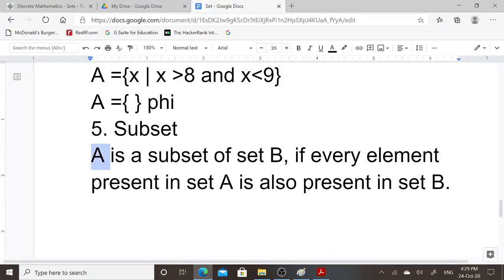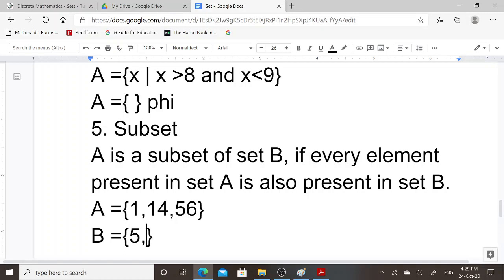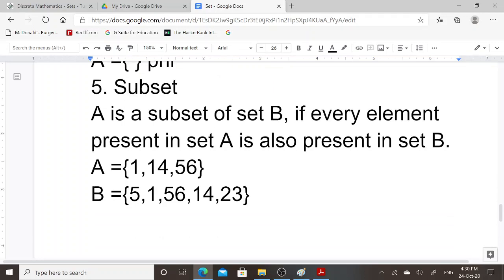Set A will be considered as subset of set B if every element present in set A is also present in set B. For example, if set A contains elements 1, 14, 56, and set B contains elements 5, 1, 56, 14, 23, then each and every element of set A, that are 1, 14 and 56, is present in set B. Here 1 is present, here 14 is present and 56 is present.